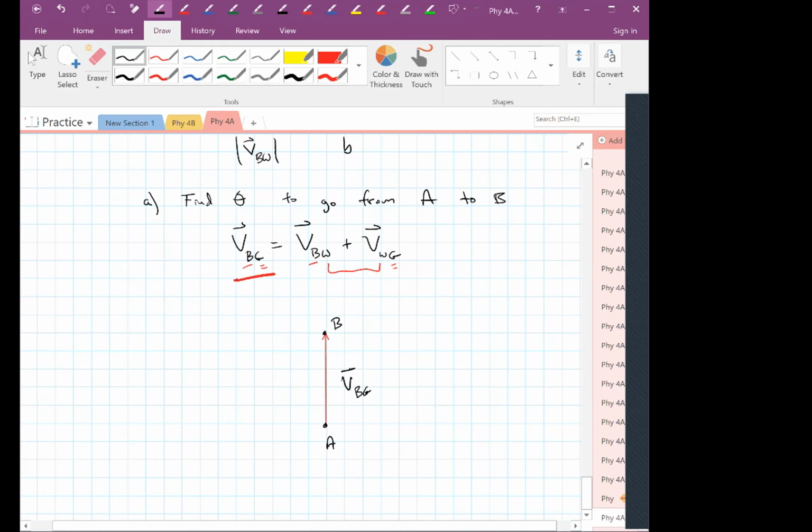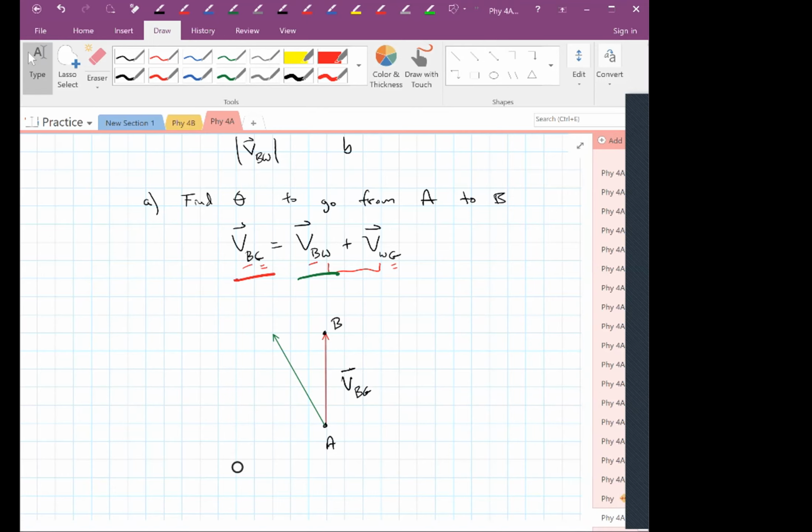The boat is going to have to point one way or the other, right? Because the water is flowing to the right, we know that the boat is going to have to point itself this way, right? Because the water is pushing this way. So we'll add those two vectors. The boat is going to be doing this,